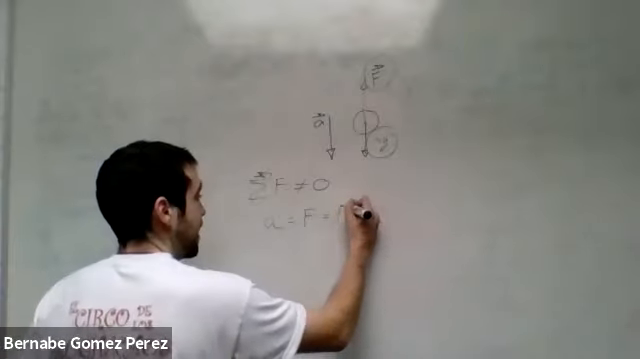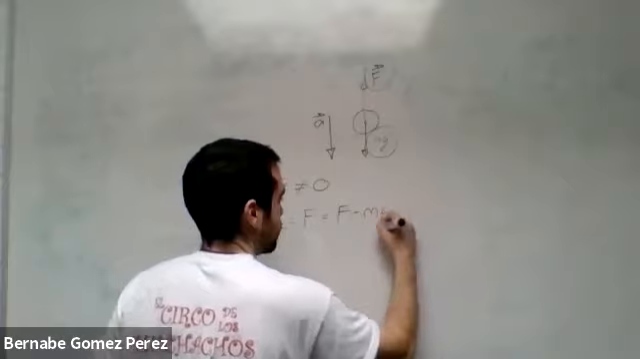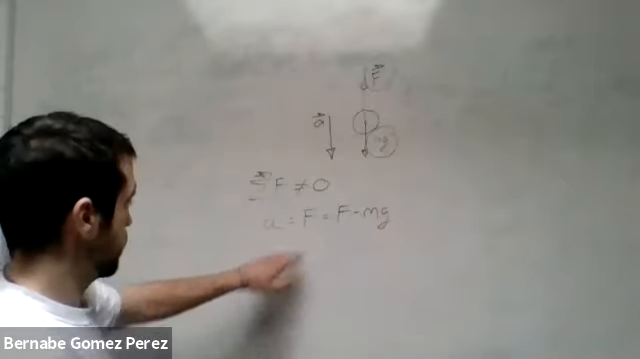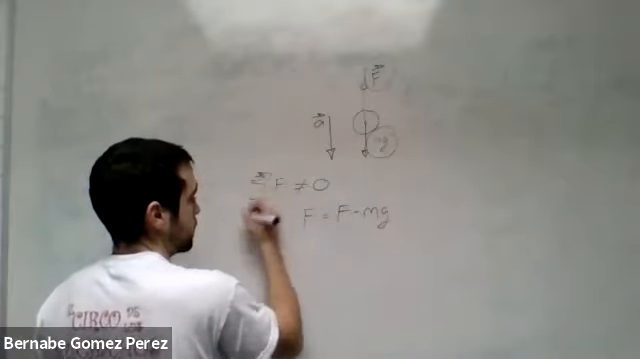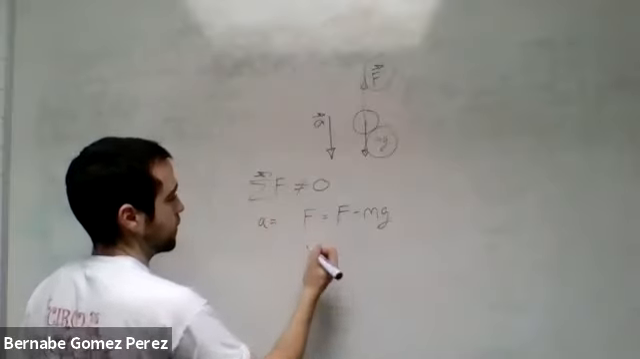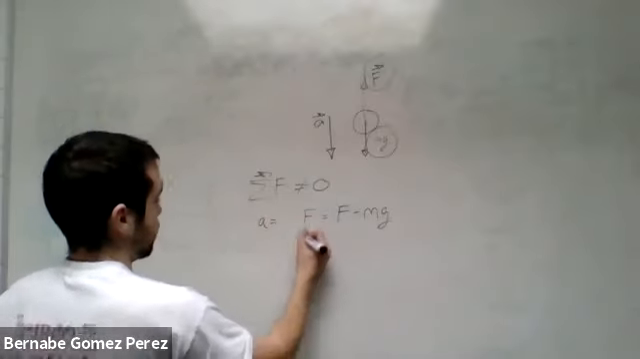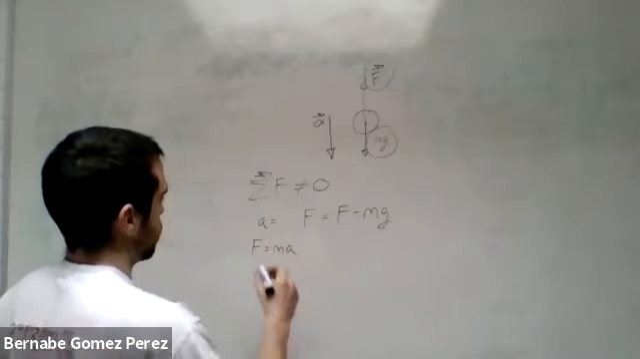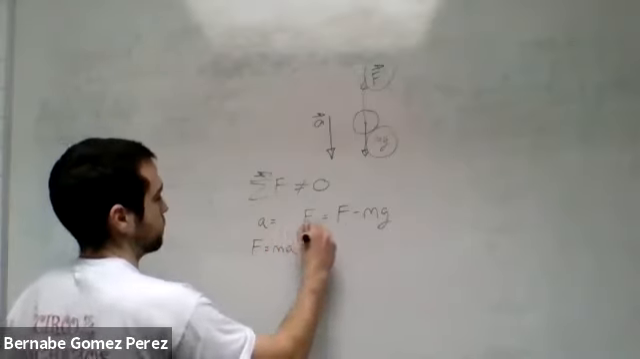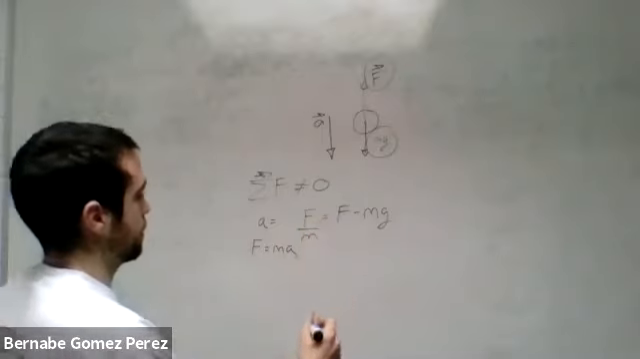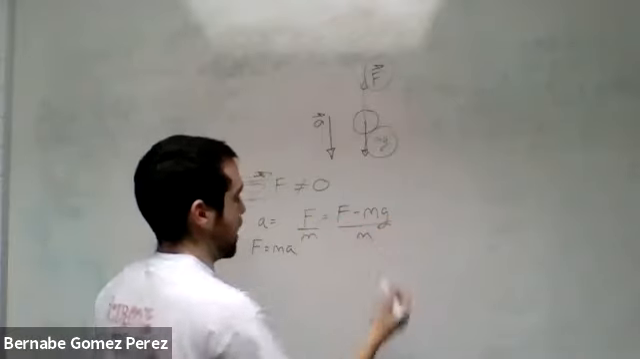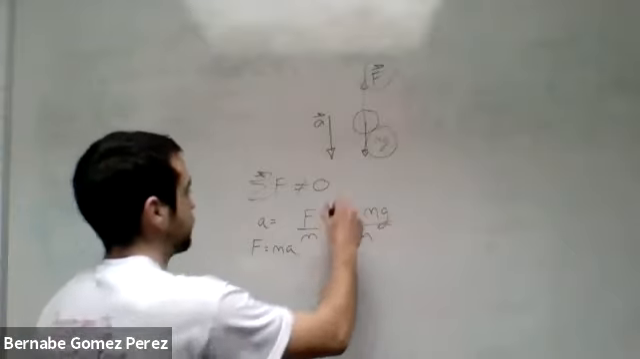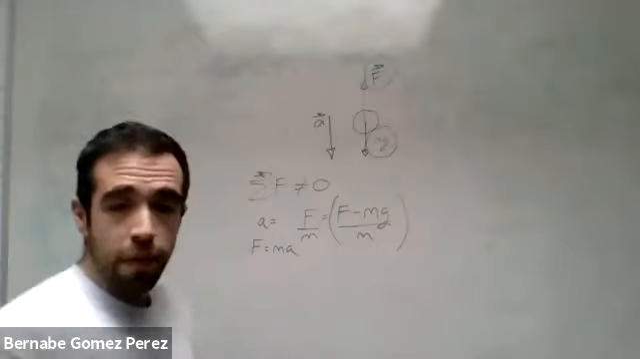Let's see what's going on, okay? So it's going to be equal to this F minus mg, multiplying the mass, of course. Or dividing, because force is equal to ma, right? So then I just divide by m, okay? So my question is